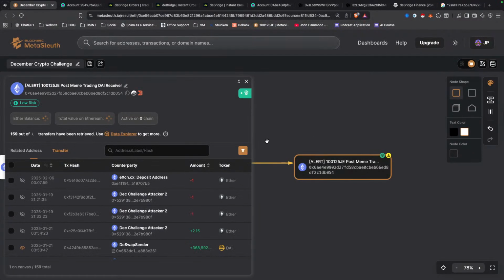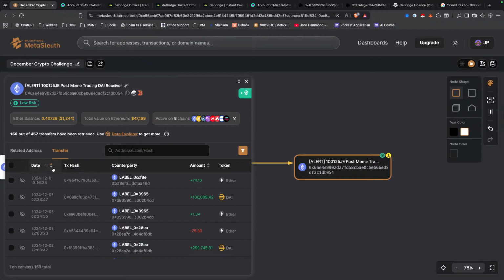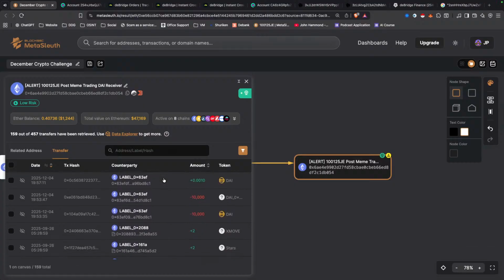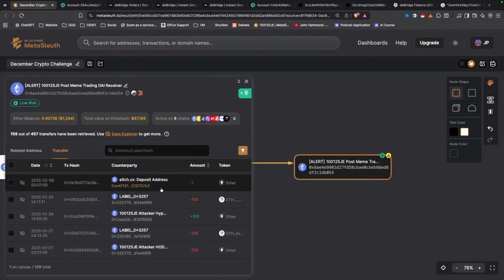Okay, so we've got our DAI that comes in, and from here there's a whole bunch of things that happen. It goes in and out of different addresses and swaps for assets in different locations, and comes back to this address multiple times. So we're not going to cover all of that today, but for those who participated in the challenge, I'm going through and seeing who got the furthest, because there is quite a lot. Whoever got the furthest, I'll announce the winner later this week before Christmas.